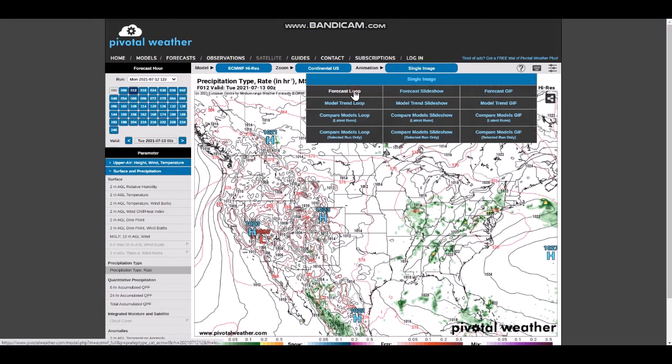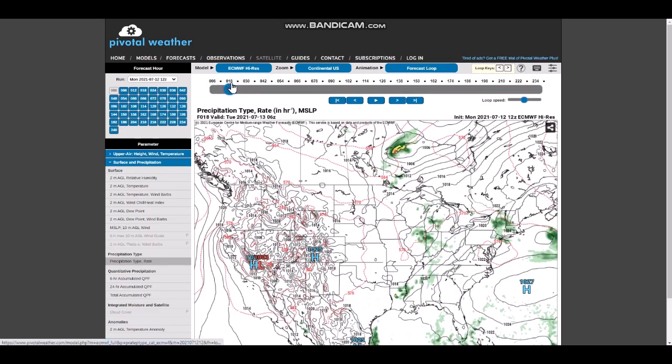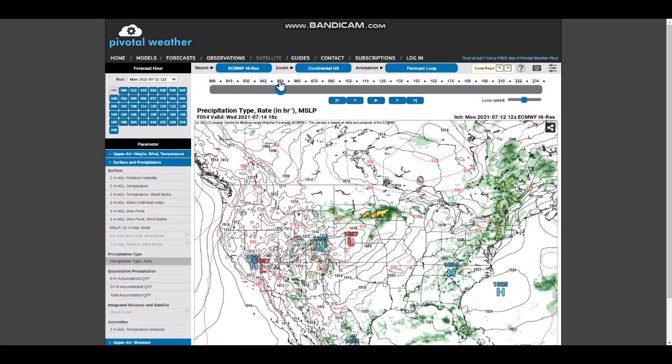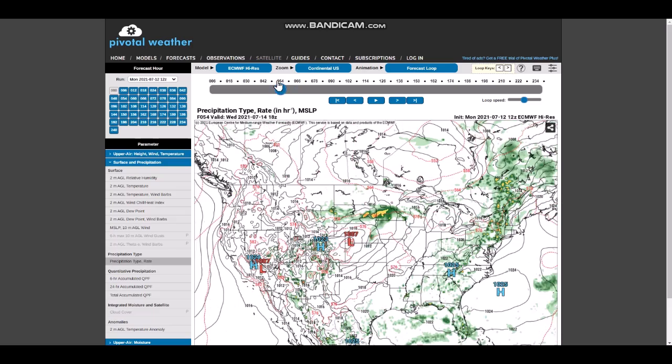European model. Let's take a glance at this. Another very, very good model. Let's take a look at it. There's our system, again, moving into the northeast and into southern Canada by tomorrow afternoon. Wednesday, notice it could get into a pretty powerful cold front by the time late Wednesday occurs, but then look